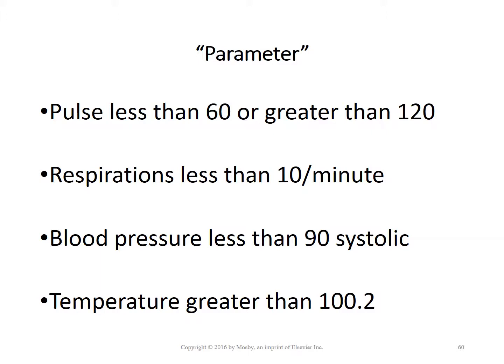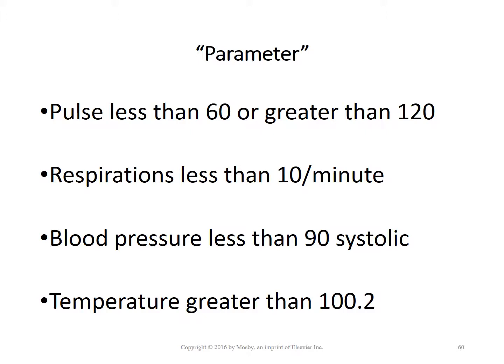Hold if apical pulse is less than 60 per minute. But you should know that even if they don't specify it, 60 is the lower cutoff. Like, for example, respirations less than 10. If the person received morphine 15 minutes ago, and now they have respirations of 6 per minute, that means that's